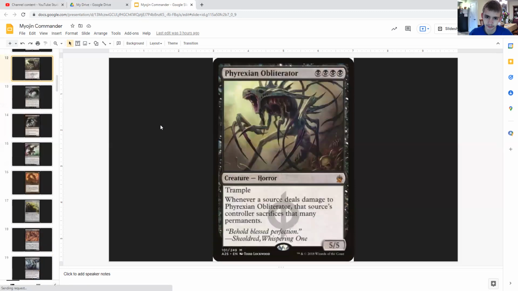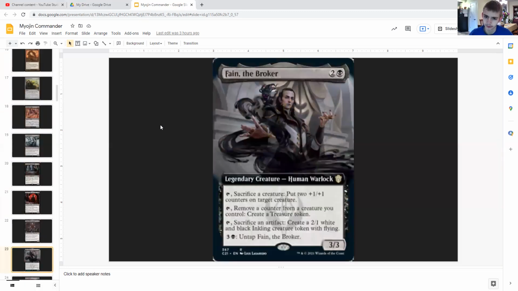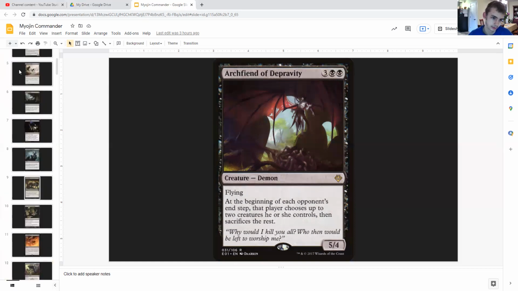I immediately forgot his name. Phyrexian Obliterator. I blanked out for a second. Yeah, Phyrexian Obliterator is how Archfiend of Spite operates. Archfiend of Depravity. Depravity, I think. So this is to really whittle our opponent's boards down. And I think if I'm correct,